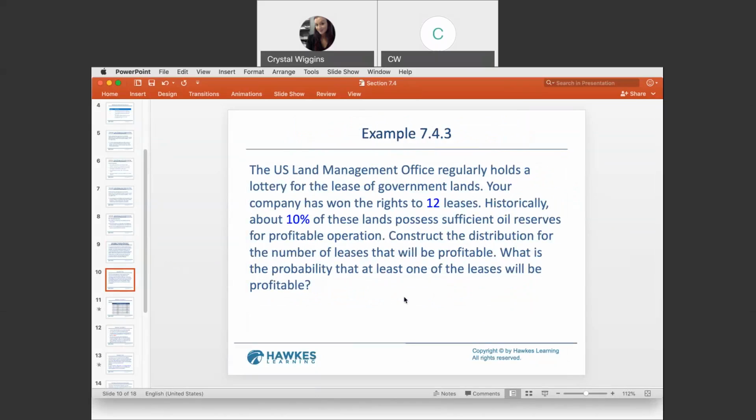The U.S. Land Management Office regularly holds lottery for the lease of government lands. Your company has won the rights to 12 of these leases. Historically, about 10% of these lands possess sufficient oil reserves for profitable operation. Construct the distribution for the number of leases that will be profitable. What is the probability that at least one of these leases will be profitable? Okay, so we need to consider first